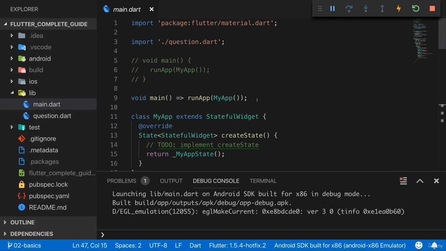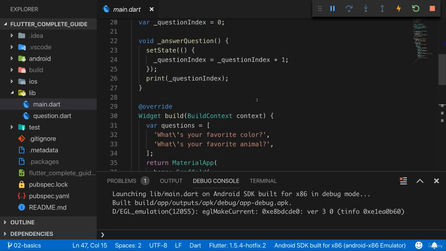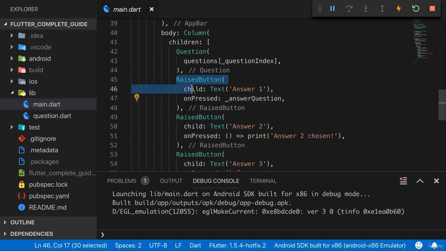We had a look at some of the widgets we can use and at the widget catalog. And of course, throughout the course, we'll use loads of the widgets you saw there. So no need to learn them by heart right now. For the moment, however, I want to move on by now also moving my buttons here, my answer buttons, into